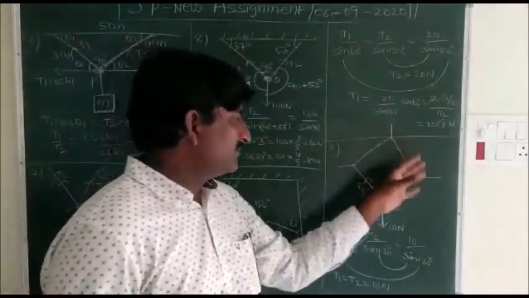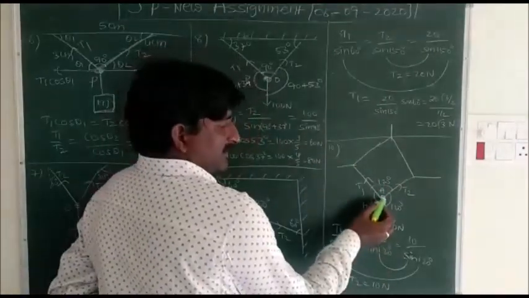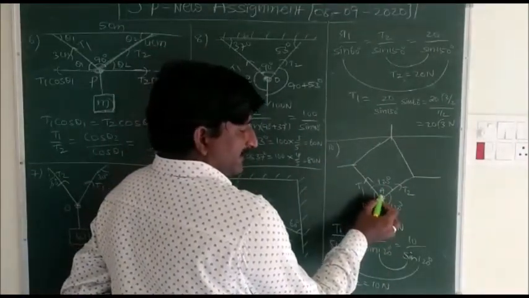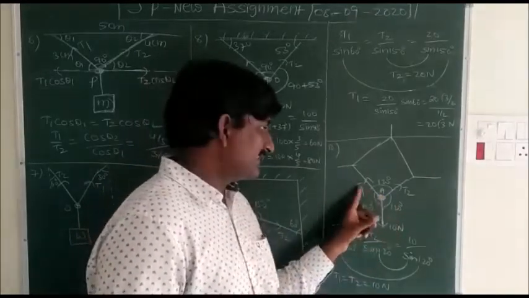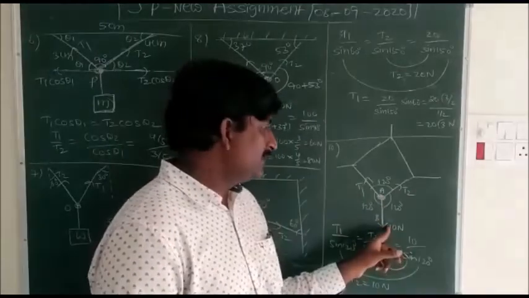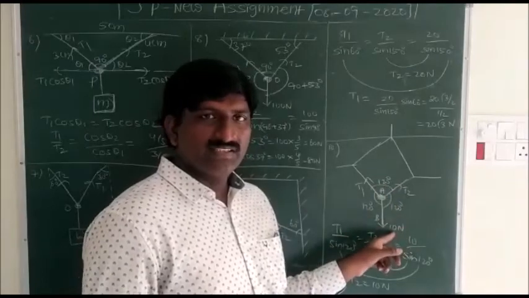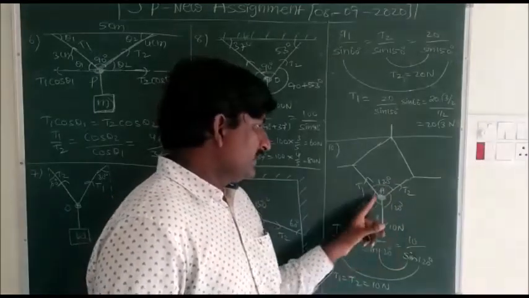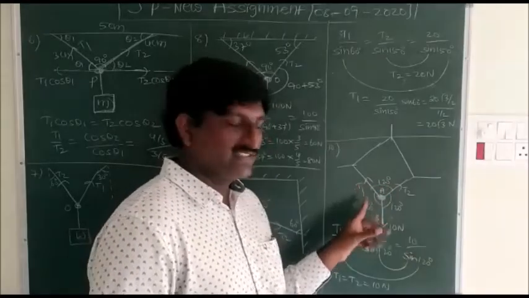And coming to the 10th problem, a part of a structured net is given. You can observe clearly that the bottommost point A is in equilibrium under the action of three forces, T1, T2 and a downward force of 10 newtons mentioned in the question. If this point is in equilibrium, then immediately for these three coplanar forces you can apply Lami's theorem. You can clearly observe that these angles are 120 degrees between successive forces.